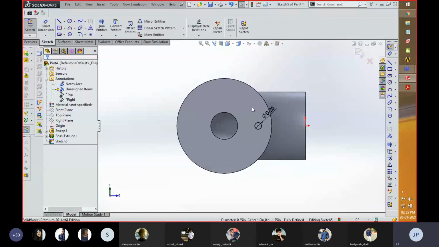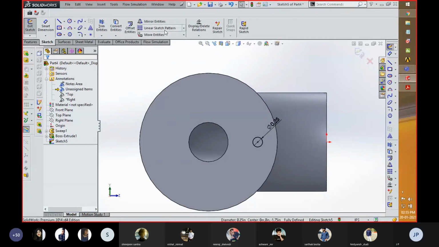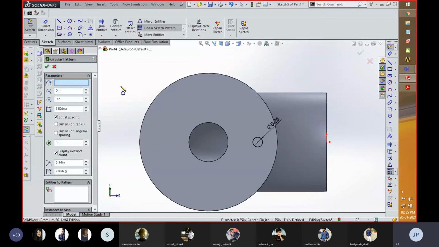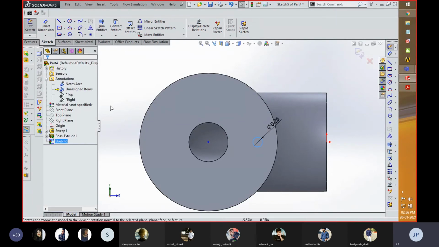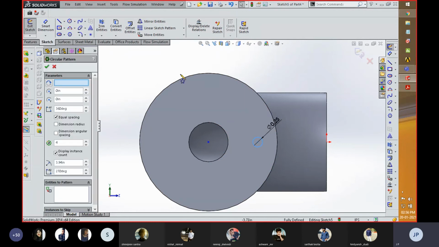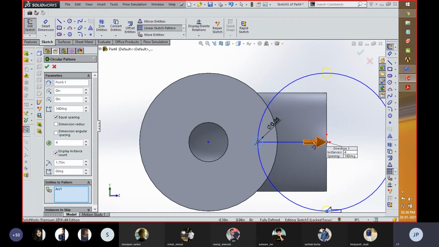So for that what we have to do, we have to click on circular sketch. Actually the center point of this path is not showcasing, so we can showcase the central axis, then select over here. Now I'm going to select the sketch module, click on circular pattern and click over here. Entities to pattern is selected by this one.